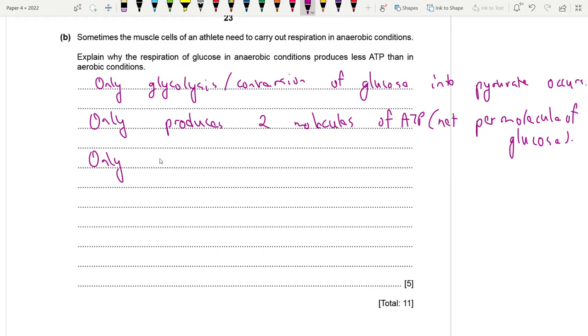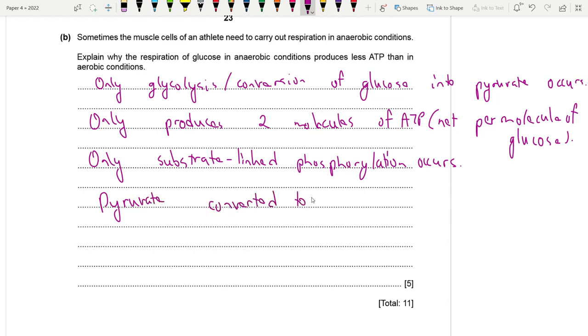Why is that? Because only substrate linked phosphorylation occurs. Don't use the term substrate level phosphorylation, by the way. According to the new syllabus, it's substrate linked phosphorylation. So what happens afterwards? Pyruvate is actually